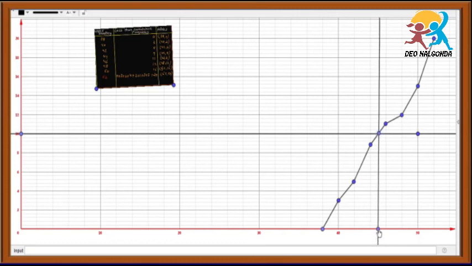Denote the x coordinate of this point, that will be the median. So the x coordinate will be 40, 42, 44 and 45. So the median is 45. So this is one method when only one cumulative frequency curve is given. Now we will find out the other curve, that is the greater than cumulative frequency curve. For that also we can find the median.